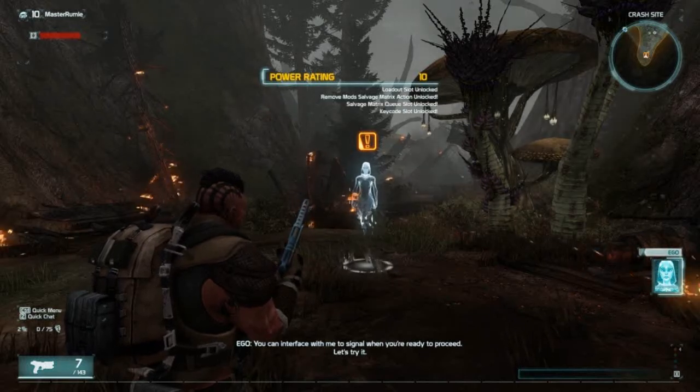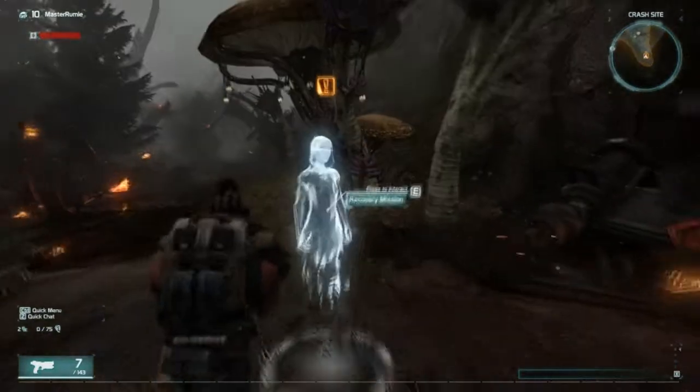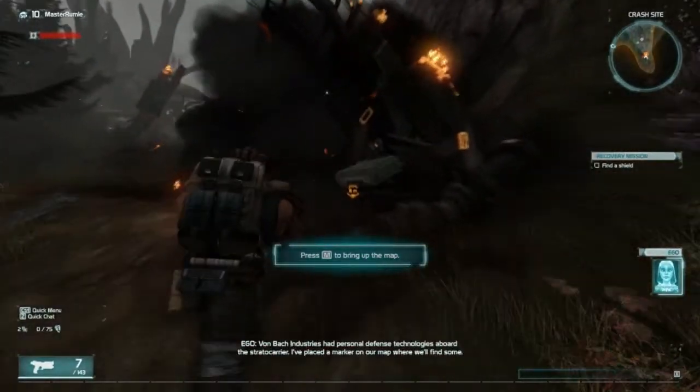Ready to proceed. Let's try it. Here we are in the tutorial. We are in the game, but we need to find Mr. Von Bach. First, we need to gear up. We need Von Bach Industries' first